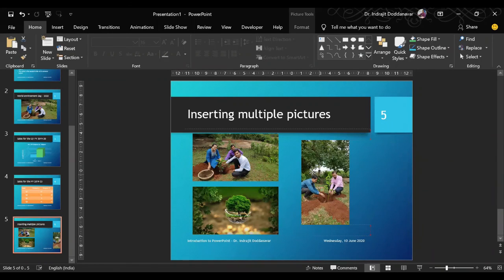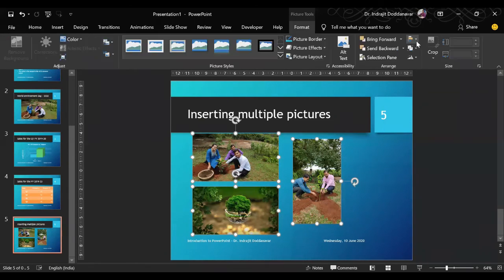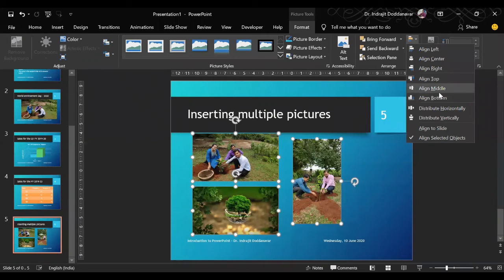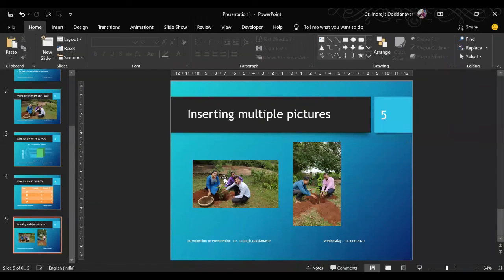Now this, right, what you want to do is align this in the center of these both. So if I select this and this and this, and I go to format, and I go to alignment, and if I say align middle, see what happens. These two pictures have merged, one has gone behind the other. So this is not useful.